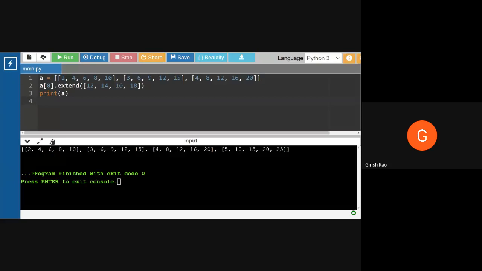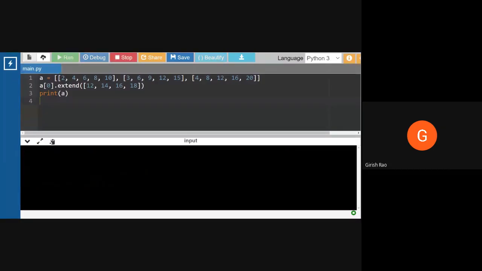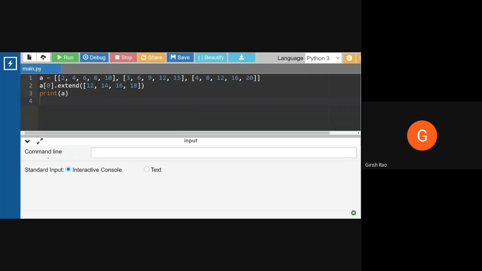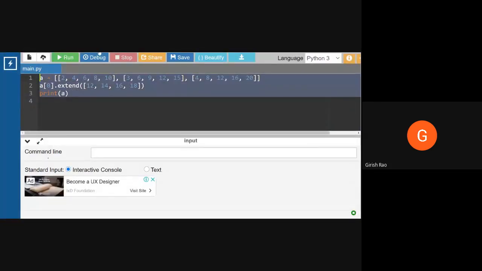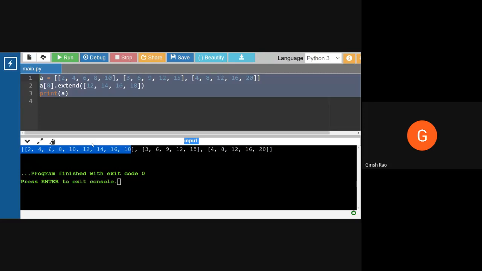What does A0 indicate? The first row. So the first row will be extended by 12, 14, 16, 18. That means my first row will have 2, 4, 6, 8, 10, 12, 14, 16, 18. Let's run it and check whether it gives that result. Oh, I guess we lost the connection. Yeah, we got it over here. Clear?